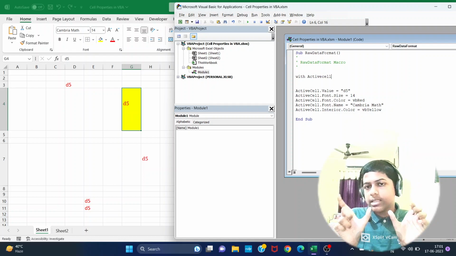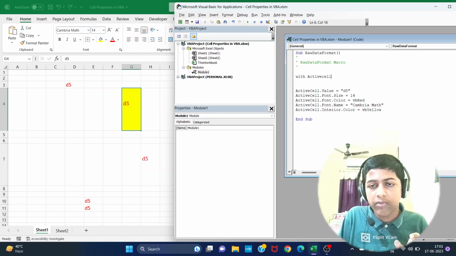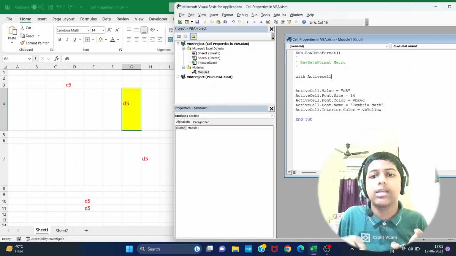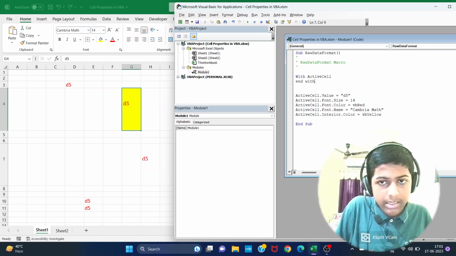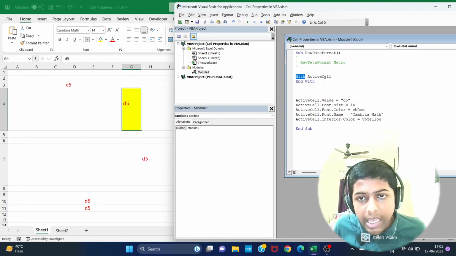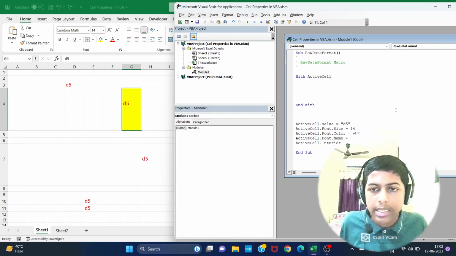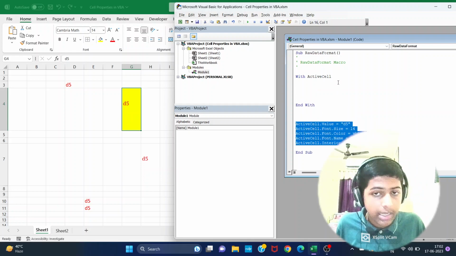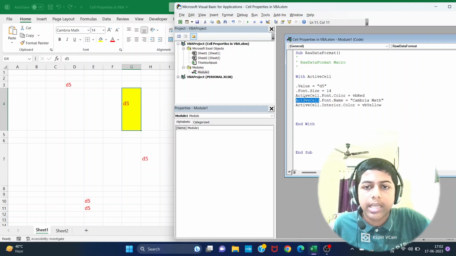Now when I say With active cell, it means that whenever we are going to execute any line, we would otherwise say active cell at the start: dot value, dot font size, font color, dot font name, interior dot color. So what I want to do with active cell, and after that we say End With, because whatever we start in programming, we need to end that as well. So With active cell, End With, this is the basic structure of the With block. So what you need to do, just take this code, cut this code here and paste it here. Now remove this active cell from each line,